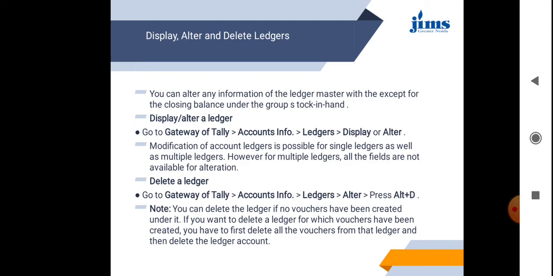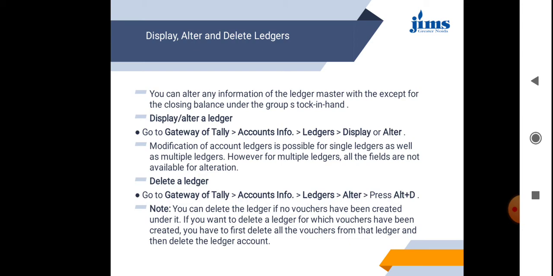A list of ledgers will appear in front of you, showing the ledgers which you have created, and two inbuilt ledgers will be shown there, that is cash and P&L account. So there you can go for the display. And if you want to alter any ledger, then you go to display, click on the particular ledger, and the whole ledger will appear, and there you can click alter. The alter option is there, or you can enter Control plus A.